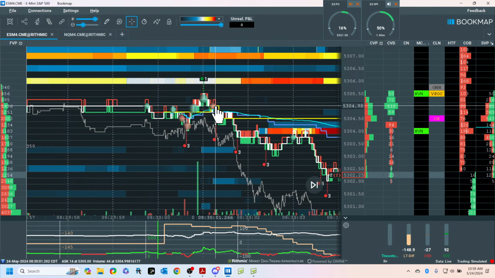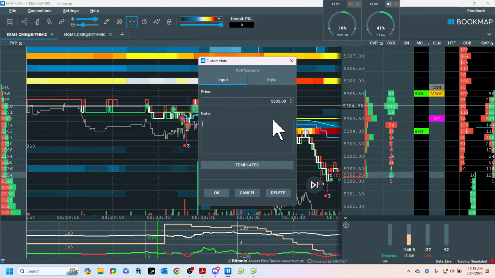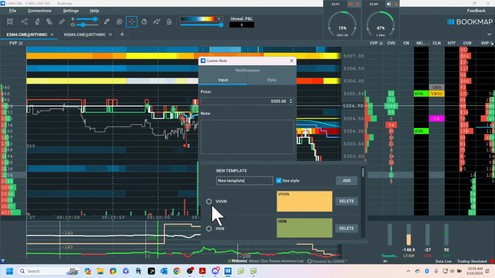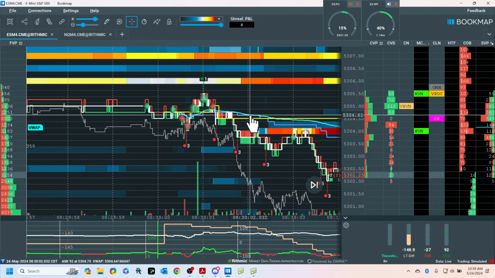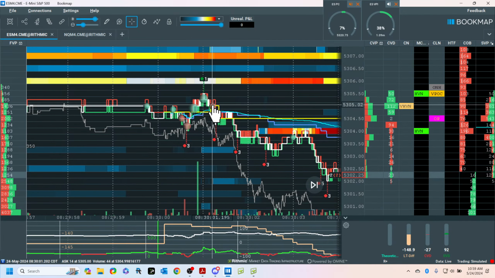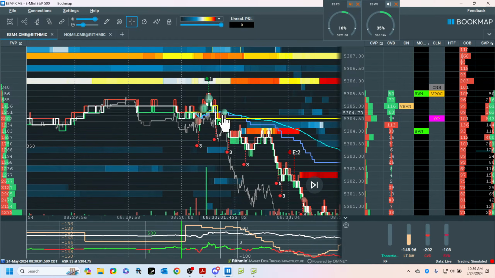So let's mark this. I call this a variable high volume node. What I track at the open and beyond is the migration of this yellow line. It's called the volume point of control, and it moves. So it's a variable, and it's high volume. So I call them a variable high volume node. And when I first started doing this, I have to tell you, it was very mysterious to me because I was going, why? I mean, I understand why this is moving, but what does it represent?